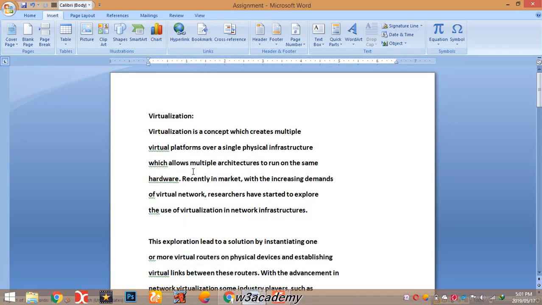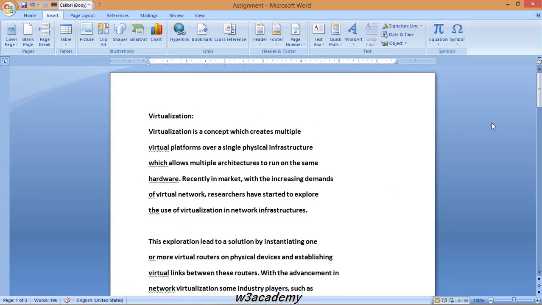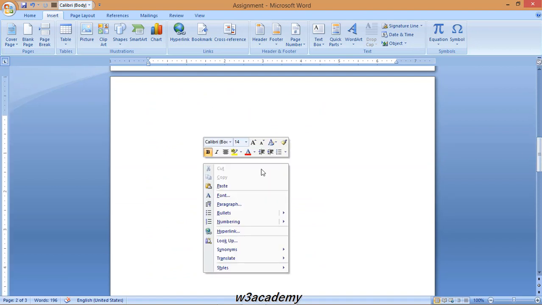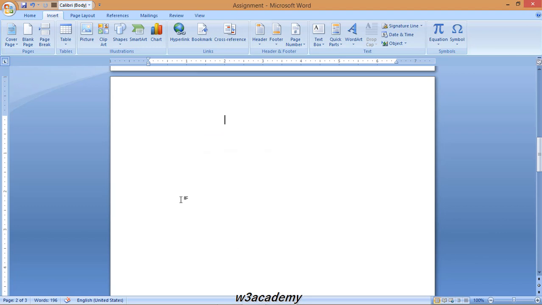First of all, I have a document here, and I have a blank page here, and I've got no option to remove this blank page by default. So what I will do is remove this page with a very simple trick. What you need to do is go to Home